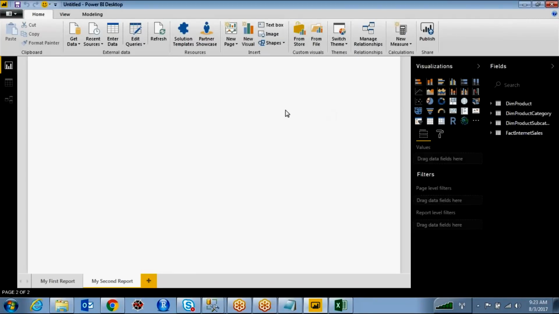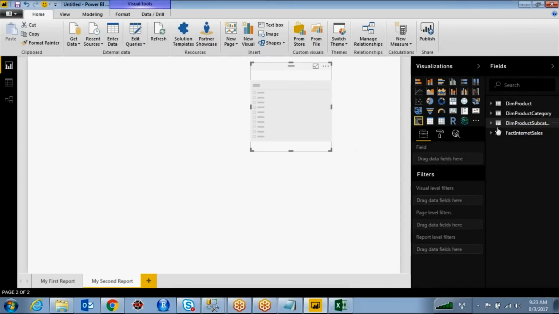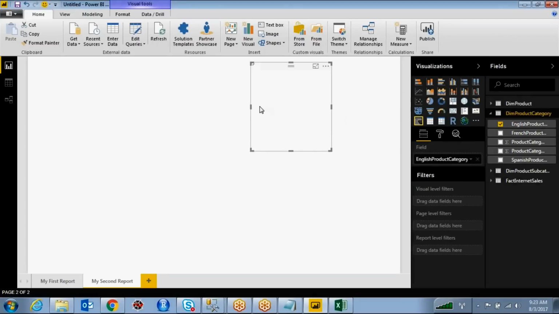So what will happen? For example, I want to use this slicer. Slicer is nothing but a parameter kind of selection if you want to filter your data. Go to the product category, and the column I want to take is English product category. It will display the list of product category names.